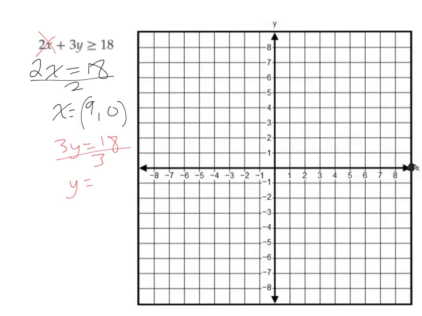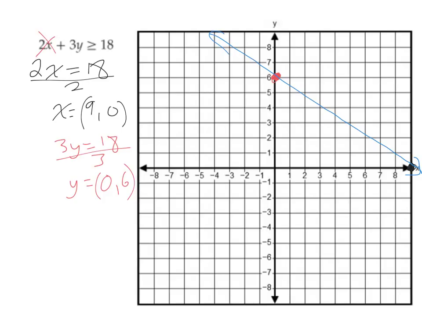And your y value is 6. And again, I know the x value is 0 because I plugged it in, so 0, 6. And there we go. And now this one gets a solid line, not dotted, because it's got an equal to. Oh, that was pretty good. And now we are going to shade above that line, relative to that line, and that